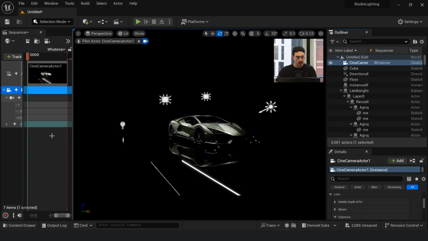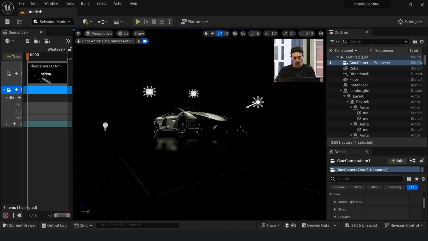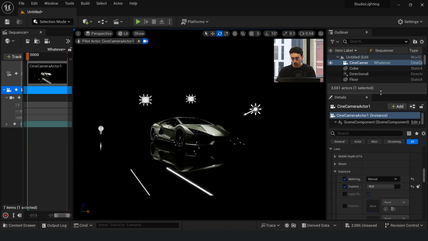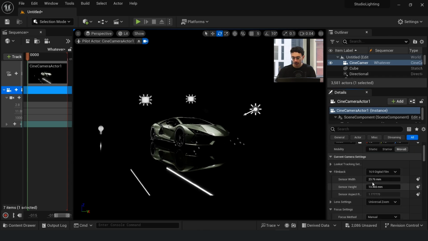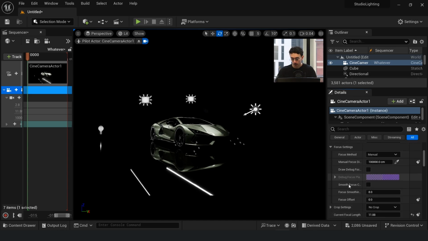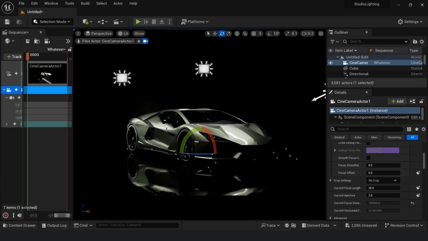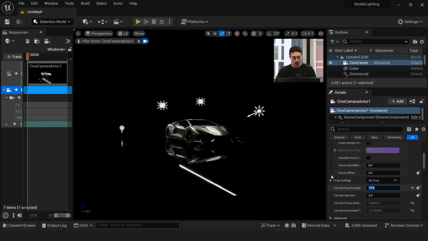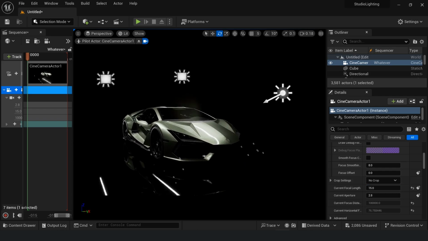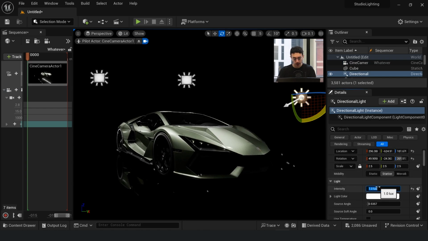Now first of all, we're going to set up our angle. I want this to be in the middle, kind of from a low angle. We won't bother with vertical correction or anything at the moment. Our camera's default settings are 16:9 digital film, which I'd say is the best one to use. Current focal length, so let's try 35. For things like Lamborghinis, cars like these, you want a wider lens because it shows those curves a bit better. We just increase our light for now,